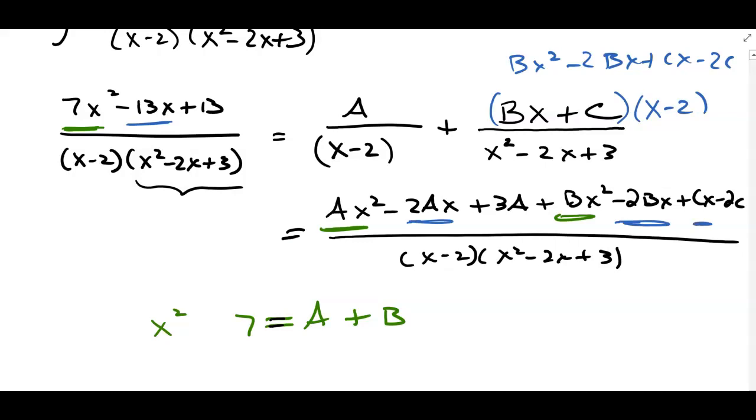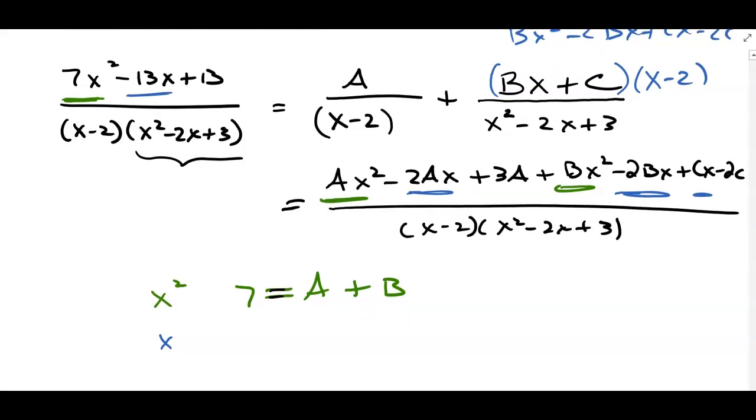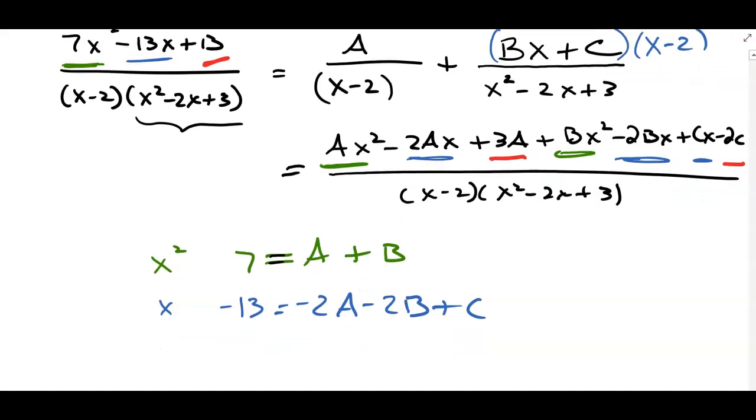And it looks like for this one, for my x terms, not squared, right? I needed to equal negative 13, and that is negative 2a minus 2b plus c equals negative 13. And for my final, my constant, where is it? 3a minus 2c. Yep. For my constant, which is a